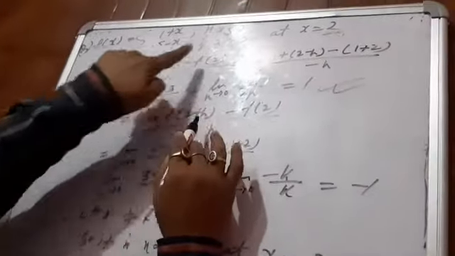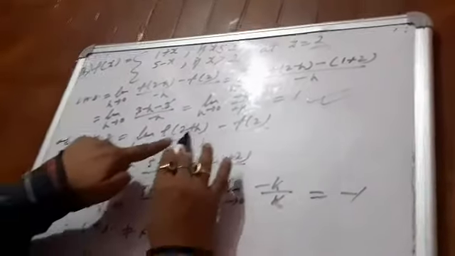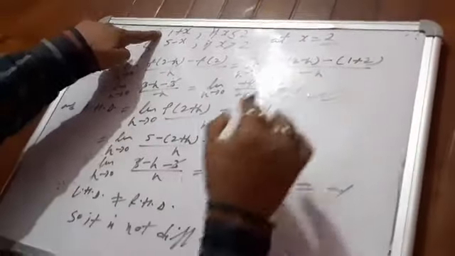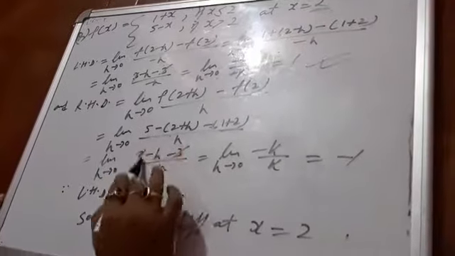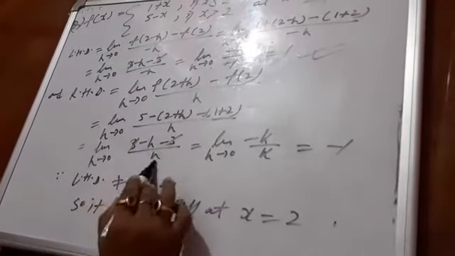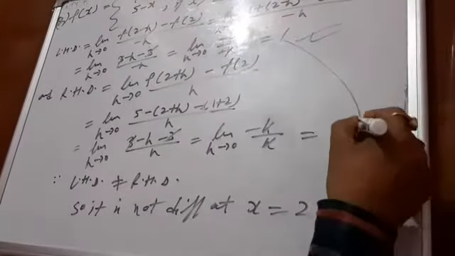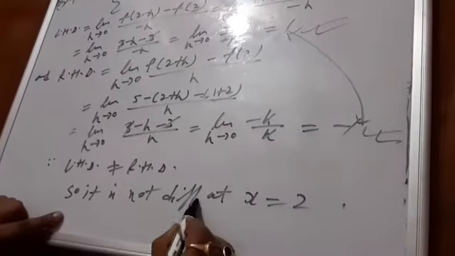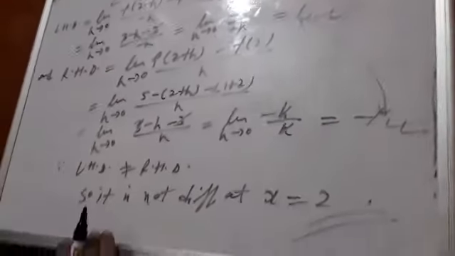Limit h tends to 0. Let us see, 2 plus h is more than 2. It will come in the second portion, 5 minus x. Here the meaning of x is 2 plus h, minus f of 2, which will come in the first portion, 1 plus 2. Then solve it: minus 3, 5 minus 2 minus h, minus 3 cancels out, minus h by h cancels out, result is minus 1. So these two are not equal here. Have you seen? Since LHD is not equal to RHD, it is not differentiable. Means the function f(x) is not differentiable at 2.